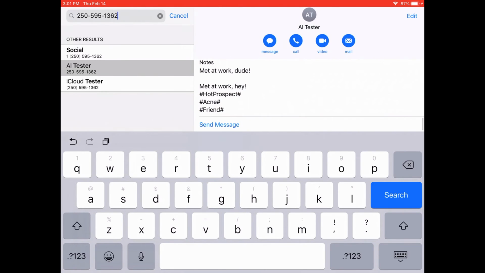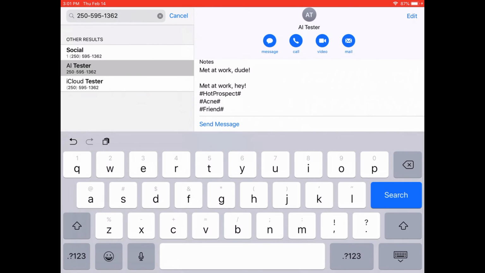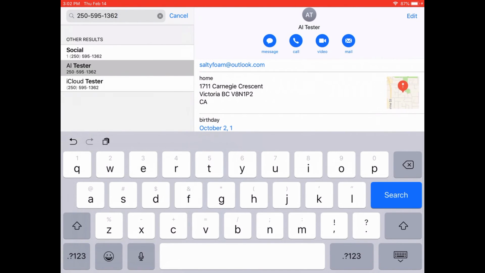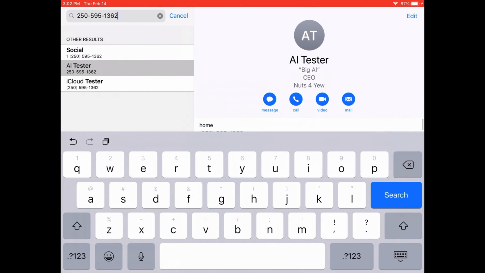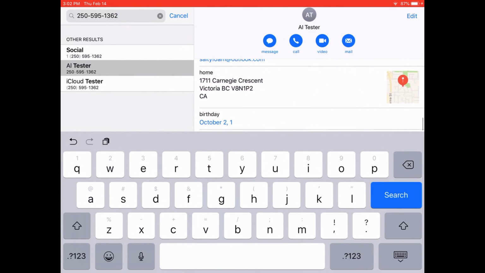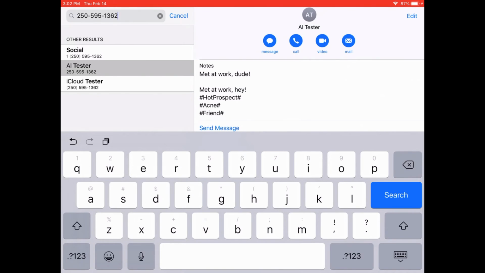We can see there that these got the hashtags in there. He's a hot prospect. He has an acne problem he'd like to help with, and he's also one of our friends. So those are the three hashtags that are in there that Social Attaché added for us. So at this point we would make the call, or we could message him and make that conversation. And let's say after that conversation we decided that he's no longer a hot prospect, he is now a proper lead. So we would go in here